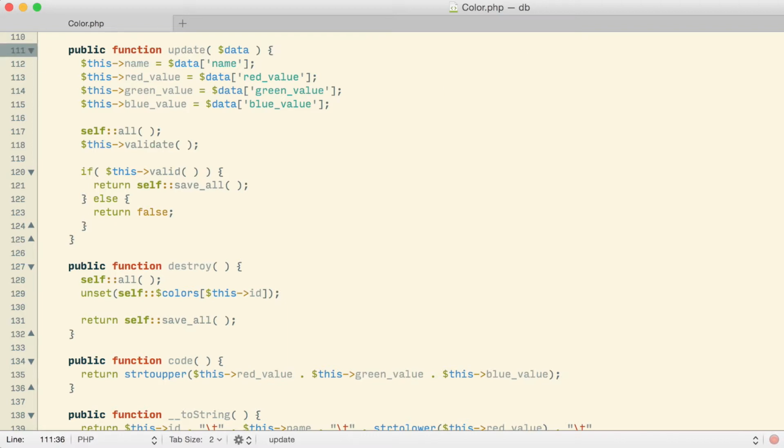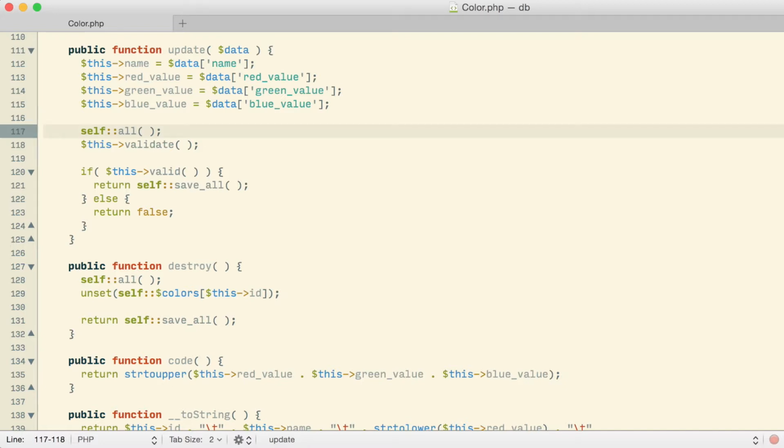What it's doing right now, or the basic way you can imagine that it's working, is that the user will supply updated data for a color. So we pass it the data that we want to update the color with. So we already have a color object that has data in it. We then pass it some more data. When we have that new data that we pass to update, we take that data here and we actually store it in the object itself. So the updated data gets stored in the object itself. So by the time I get to this line, what for me is line 117 right here, what I'm dealing with is an object that has updated data stored in it.